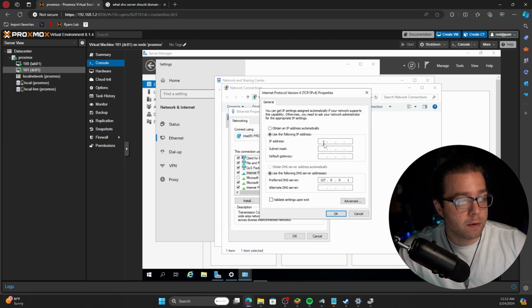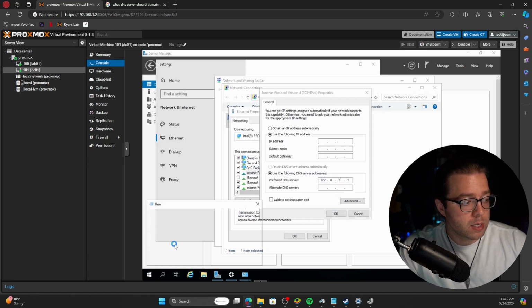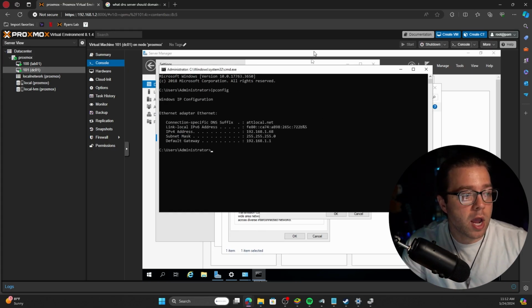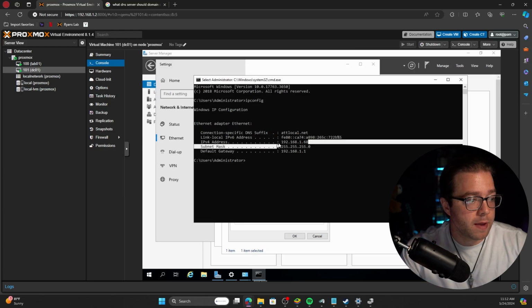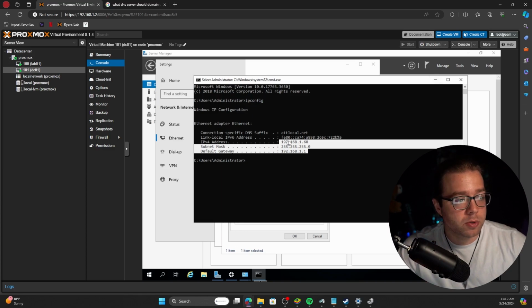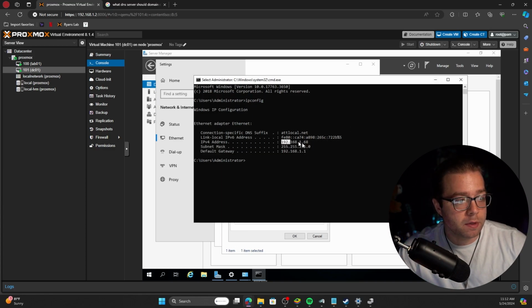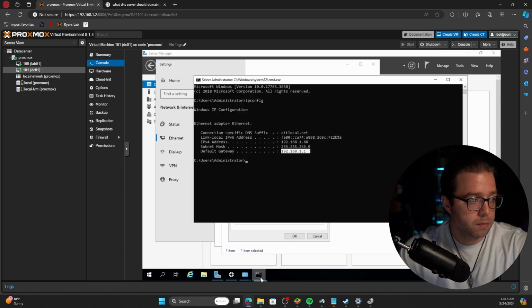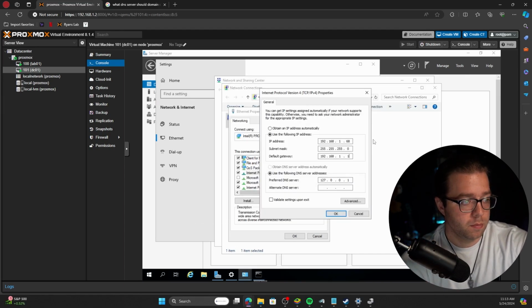Right now, we definitely want to set a static IP address. Easiest way to do that is to find its current IP address, because of course this is going to be available. And we can just enter in this information here. And that way we make sure the static is going to be working properly. It's going to have this IP address, this subnet, and this as the default gateway. And now after we enter in this information, we are going to notice that it has a DNS server,